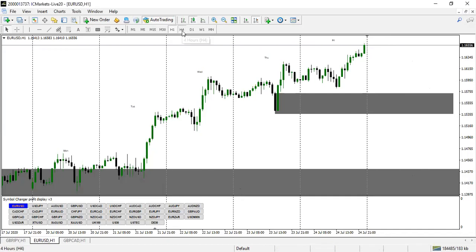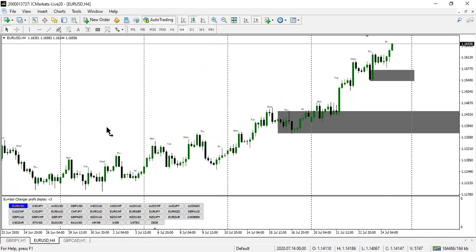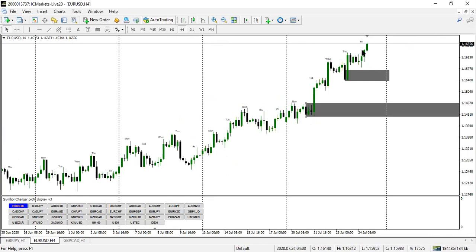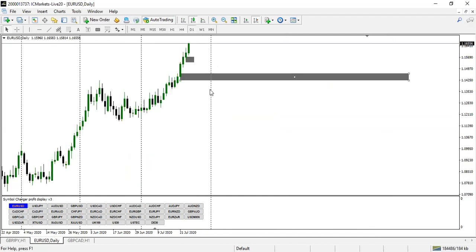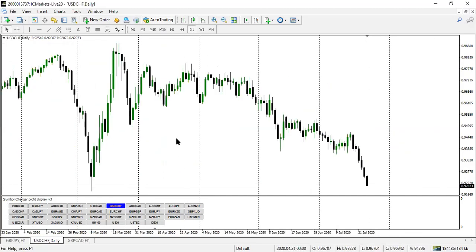But for the 4 hour time frame, let me just mark the 4 hour time frame. This is actually going to be the best zone for us, on the 4 hour time frame, this particular zone. We want market to come all the way down to this area for us to buy. Then on the daily time frame, the same zone as the case may be. So I might not go into details for every other pair again, but that's just the details for Euro USD.